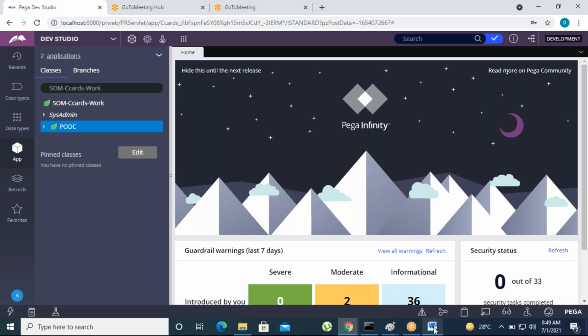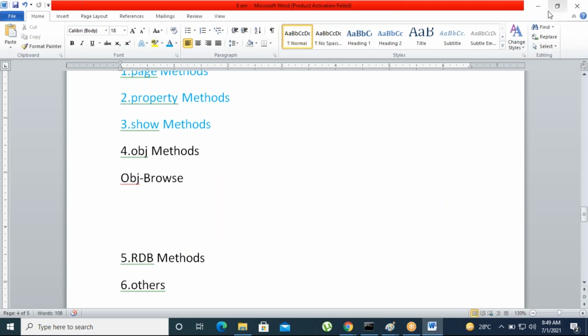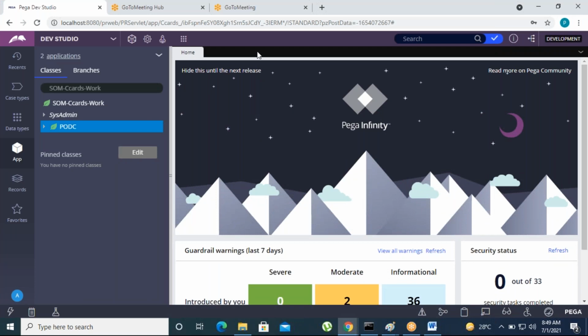So now what will happen here, if the version is locked, we are not able to modify any rules also. So what we need to do, we can click on save as, that is, save the locked version rules to higher versions. Okay, higher versions. So first of all we need to understand what locking is, and how to create new versions of the application.